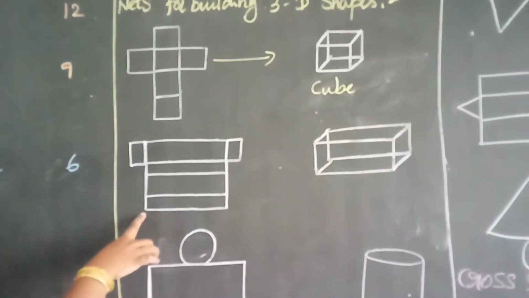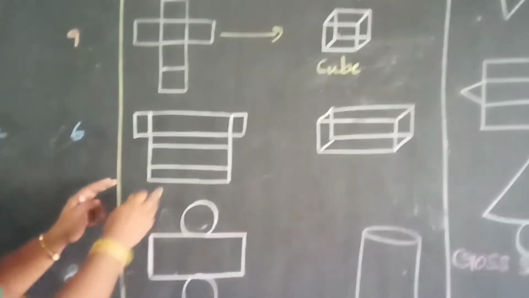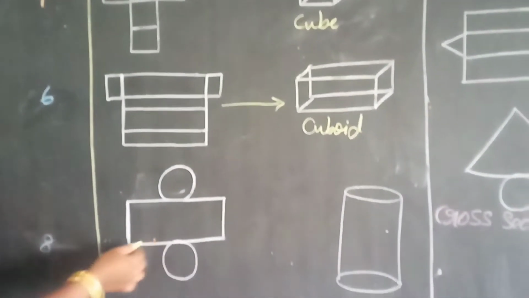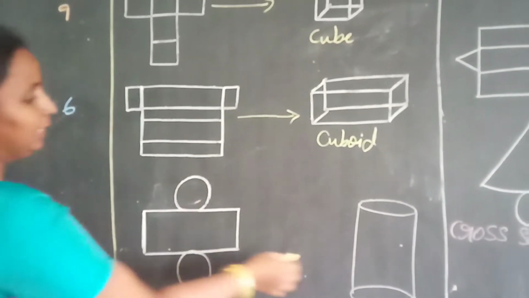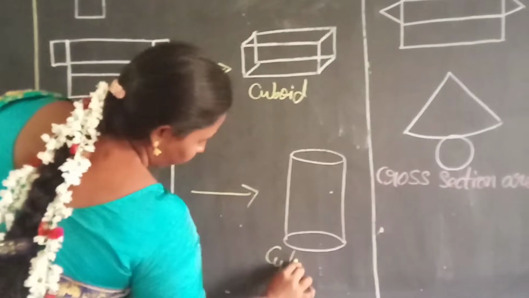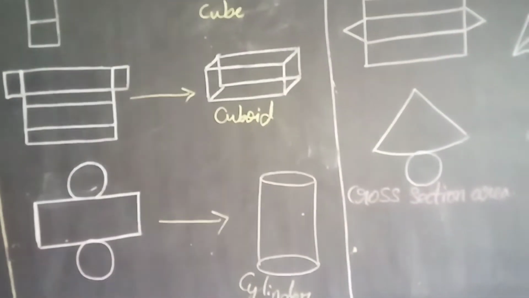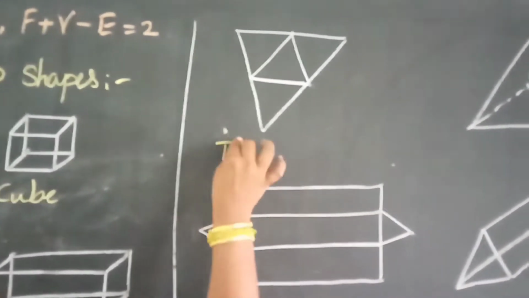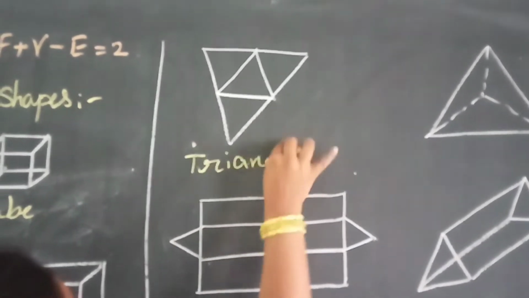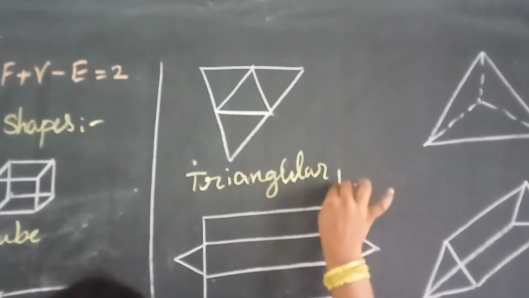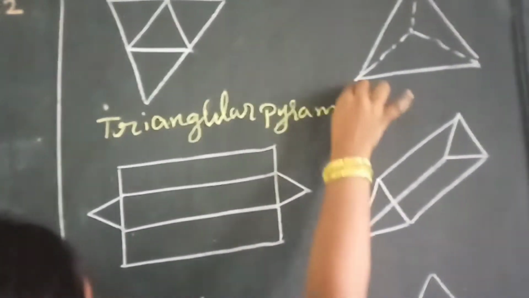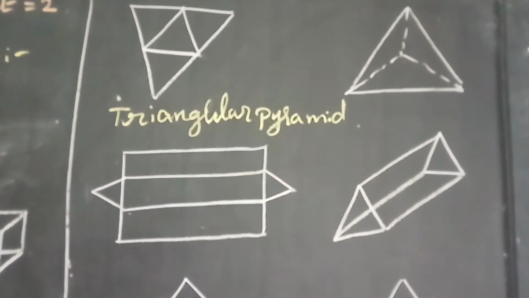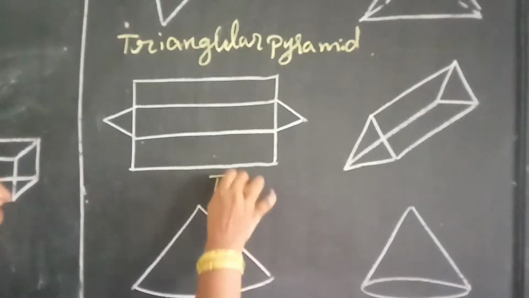So see this, definitely you will find what shape I will get. If I fold now, I will get this as a cuboid shape. Am I right? Next. This shape is the net for a cylinder. So you can make it at home and try this, okay? Next, this one, see, triangular pyramid. So this is the net for a triangular pyramid, okay? So next one, see, this we have triangle, and this is called a triangular prism. This is the net shape for a triangular prism.